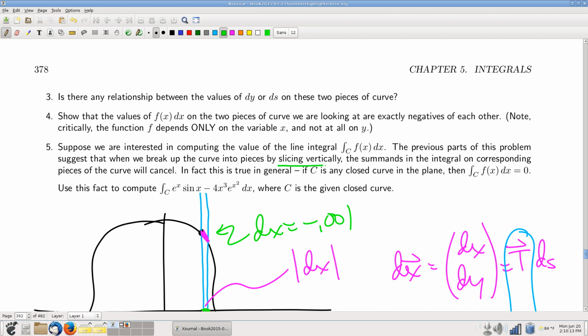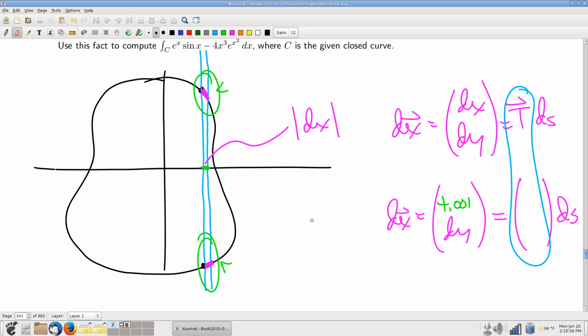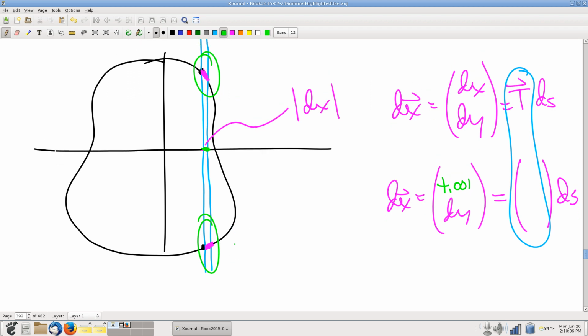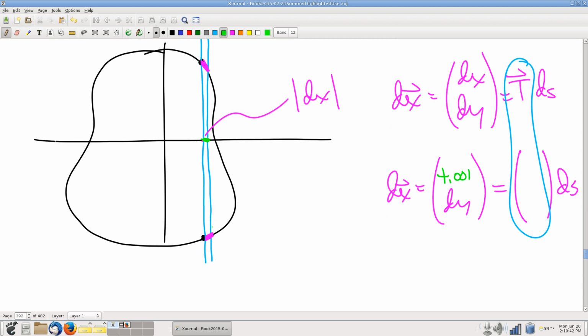So if we slice vertically, the suggestion is that what you get on that piece and what you get on that piece are exact negatives of each other. Right? That's exactly what we just did. Yeah, that's exactly what we just showed. And so altogether, the idea is this: if you're interested in computing the integral around the entire closed curve of f of x dx,